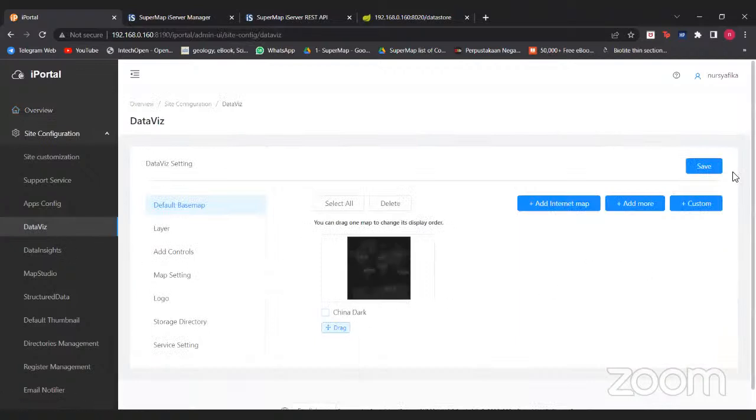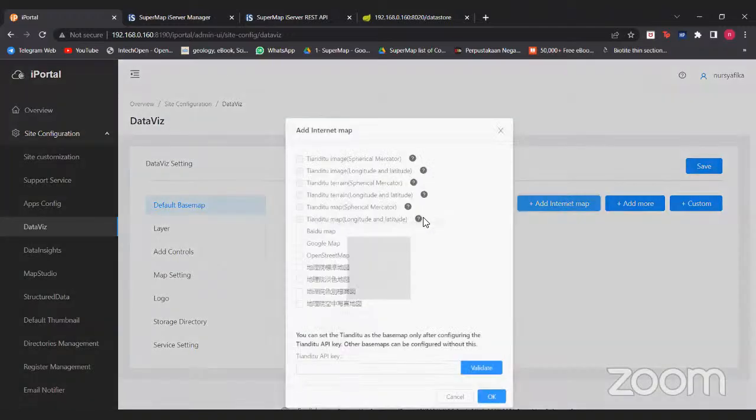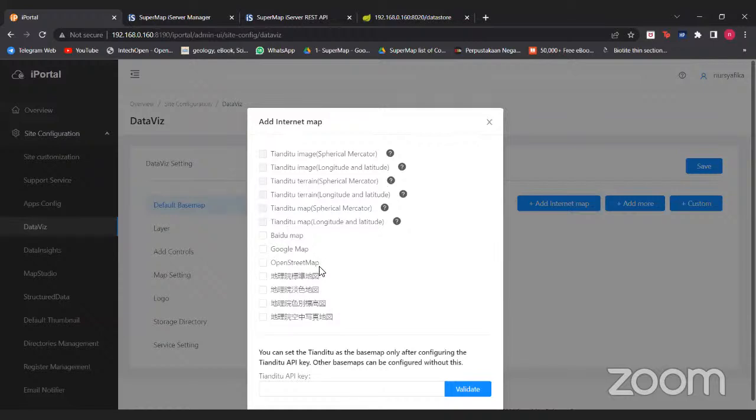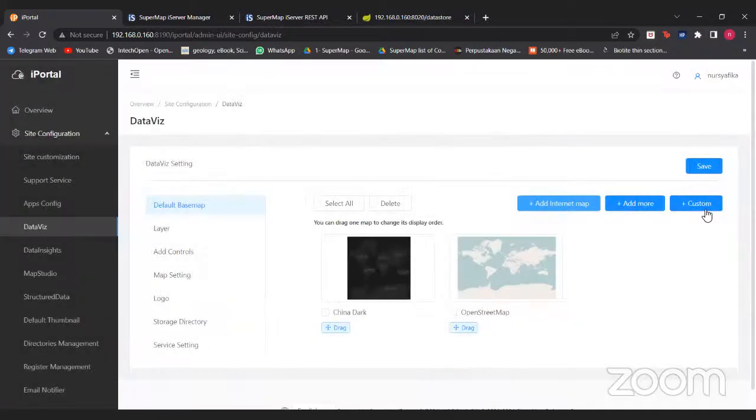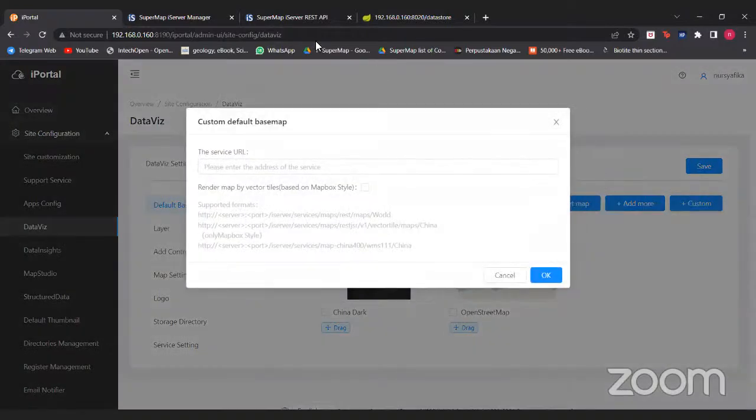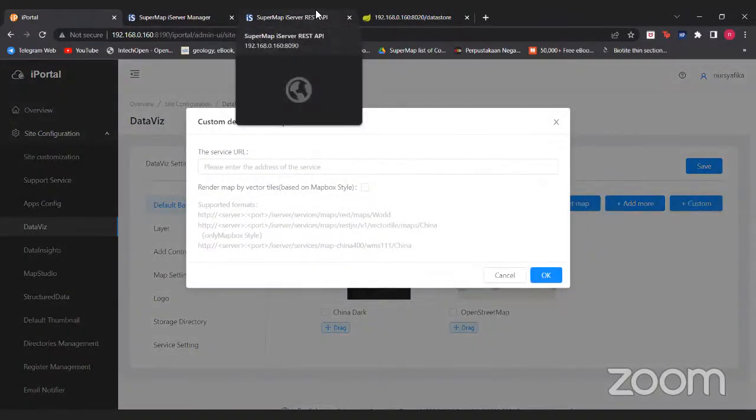So I'm going to add the internet map here. You can see there is this internet map that can be added directly into the portal. So I'm going to add OpenStreetMap and then click OK here. So this one. So for the maps that we already created previously,